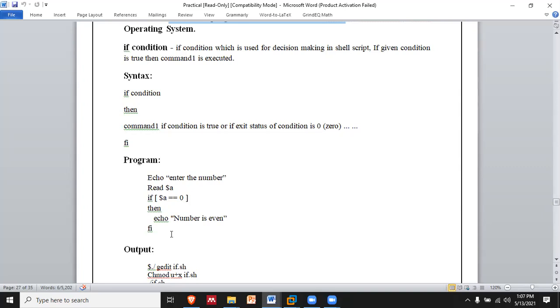For comparing something with some values, we have to use condition statements. So this is the syntax where we can use the if statement for checking the condition or for decision making. You can see it in the shell script.